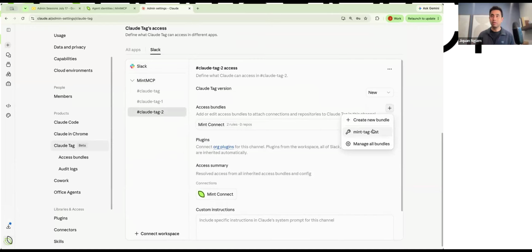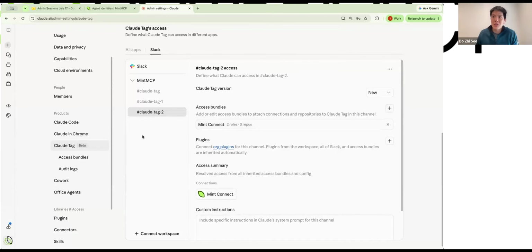One of the things we noticed is that the Claude Tag setup isn't refreshing access bundles very well. If you do change the access bundle, you may need to disconnect everything and reconnect it, because Claude Tag doesn't pick up new access bundle configurations after it's configured. So right now, treat it as if you have to get this right at the beginning. If not, you might get into a lot of edge conditions with Claude Tag, regardless of the connectors you're connecting. Yeah, it's been a bit of a frustrating journey to get this working, but this is what we found so far.